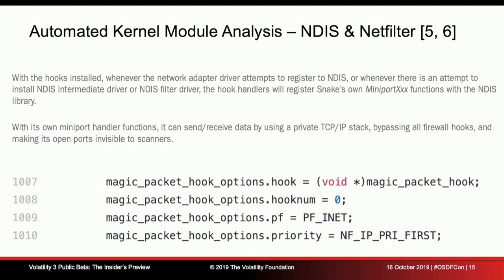So in Windows, when you see rootkits that are hooking the NDIS stack, which is pretty common, we can write all the plugins we want for that now. And it's the same thing on Linux when you have things that are hooking the netfilter subsystem, which is what drives iptables. Again, we see a lot of rootkits in our real cases that do this. We can automatically have support and detections for this inside of Volatility 3.